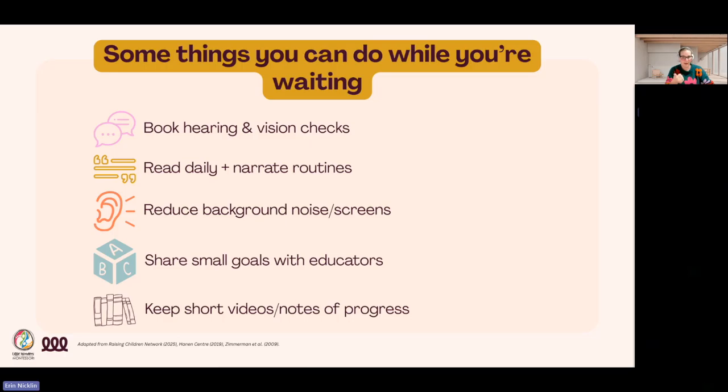First, you can rule out your child's hearing and vision challenges. Even if you get in to see a speech pathologist, they're going to ask you to book a hearing test. It's the first thing we always want to know. Do we have adequate hearing access or sound access? If you're going to see an OT, they'll want to know about vision as well. So even if your child passed newborn checks, because we all have our newborn screening now, things like glue ear or vision problems can pop up later and affect development.